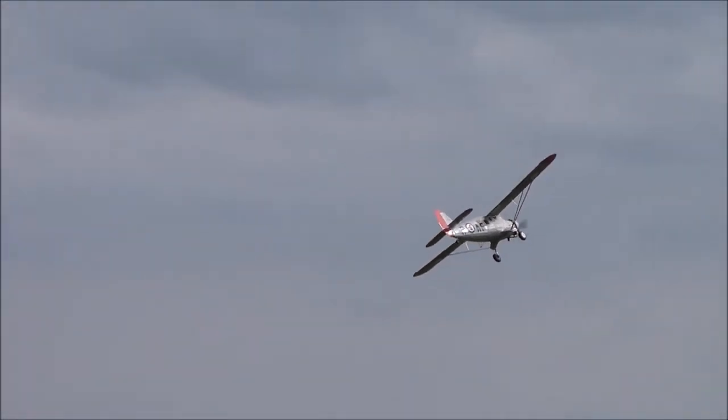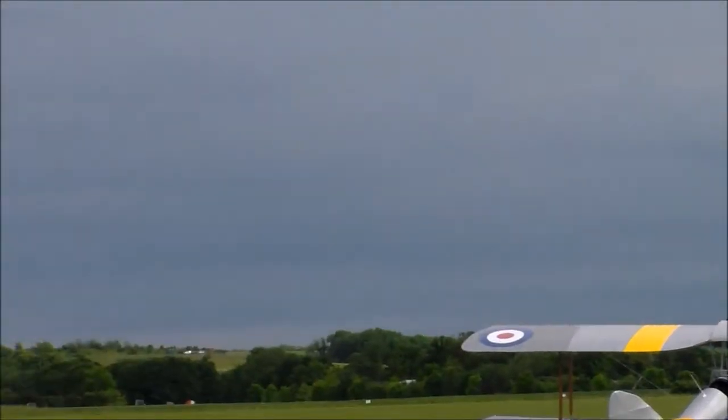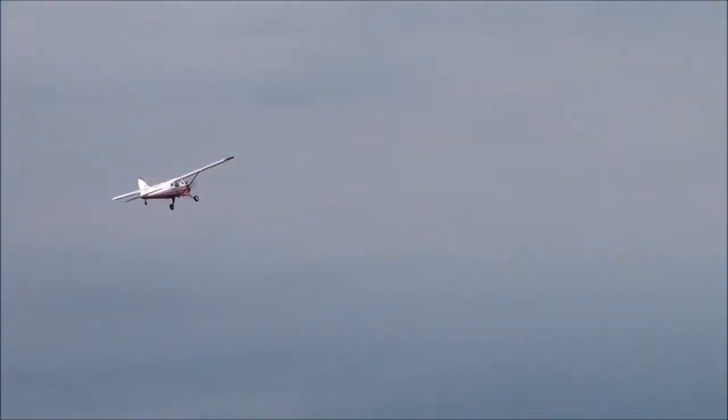You can see the similarities, can't you? Fairly practical-looking aircraft, tough undercarriages, high wings, big radial engines. But if there's